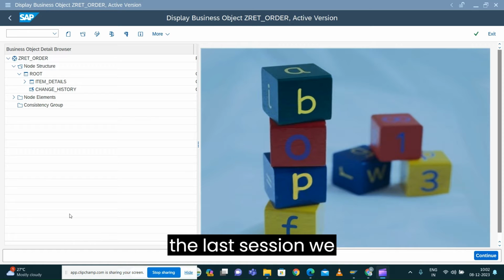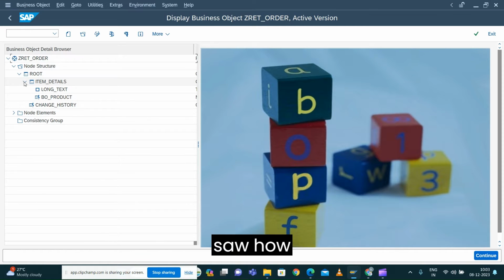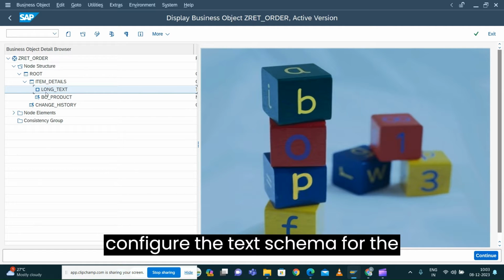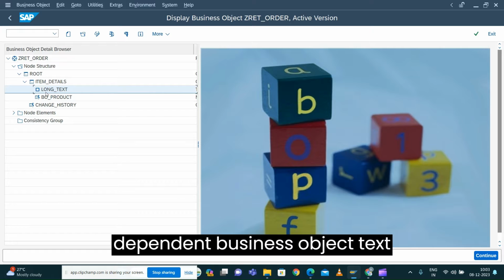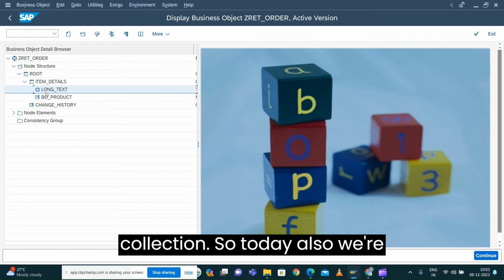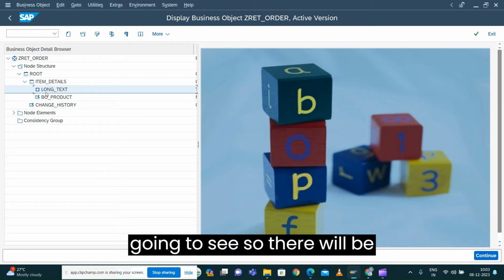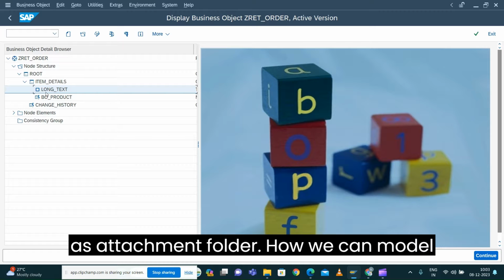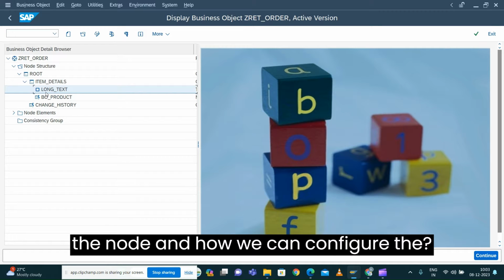So, in the last session, we saw how we can model or configure the text schema for the dependent business object text collection. Today also we're going to see another dependent object, which is called an attachment folder, and how we can model the node